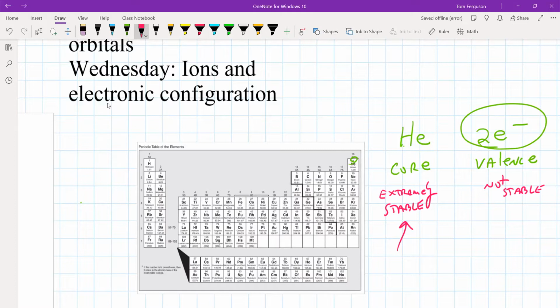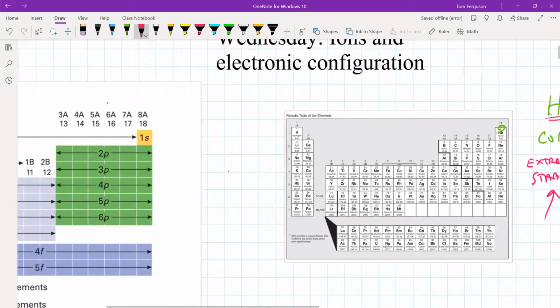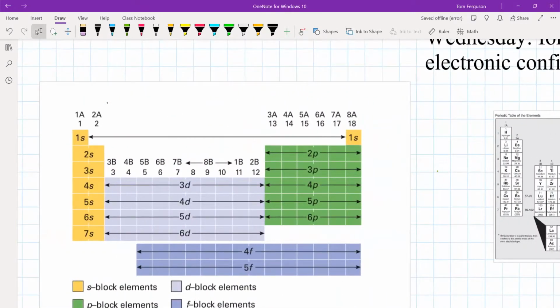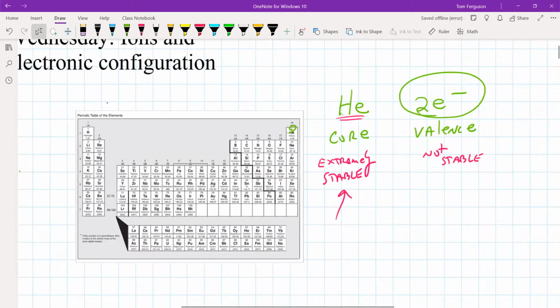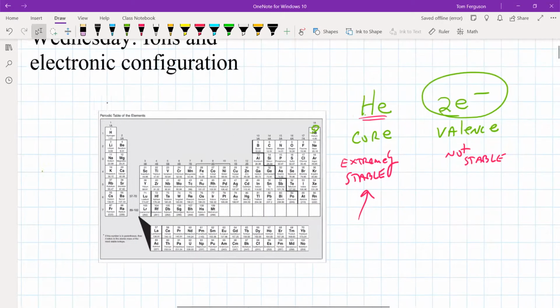All right, so we have a helium here. Helium has 2 electrons, okay? And we'll notice helium here has S block electrons, and there are 2 of them, okay? So we designate that as